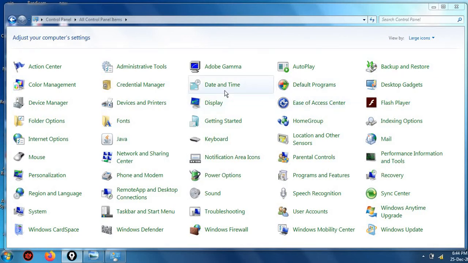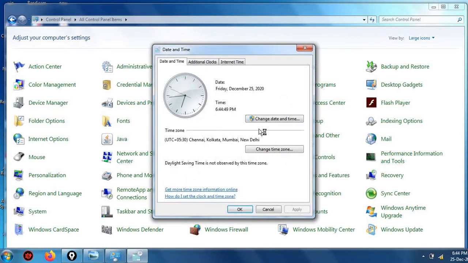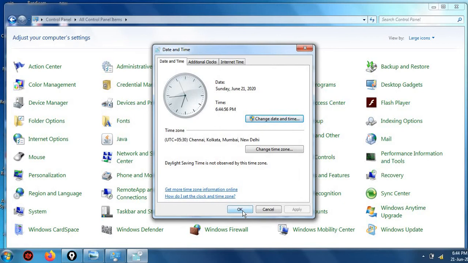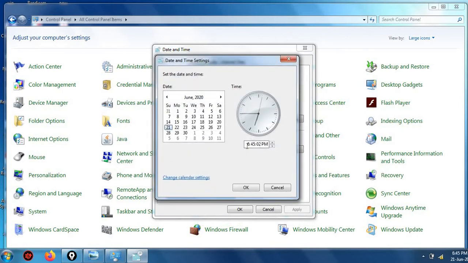Again I am correcting it to June 2021. Okay, so that's it. Now I want to change the time also. From here I can change the time in the same way.